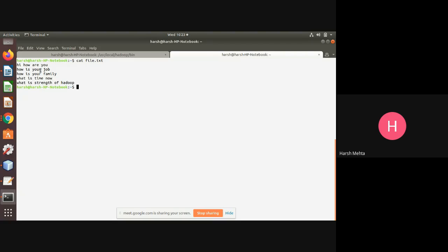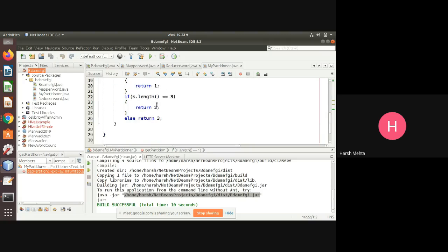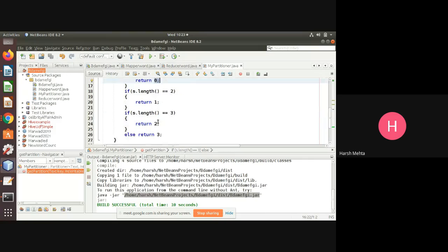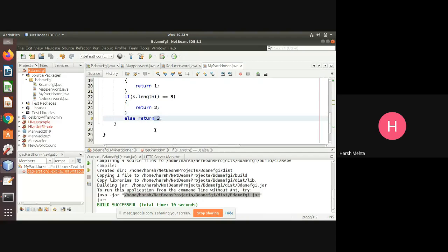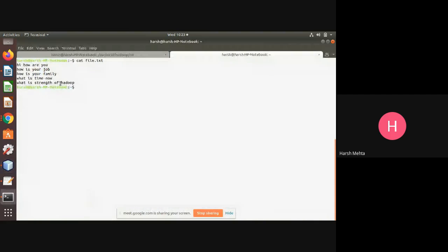Your will go to the last partition because we have not given a rule for your. You see, what is your here? Your length is more than 4. It goes to the fourth partition, since partitions start with 0. That's why. Like that: strength, Hadoop.